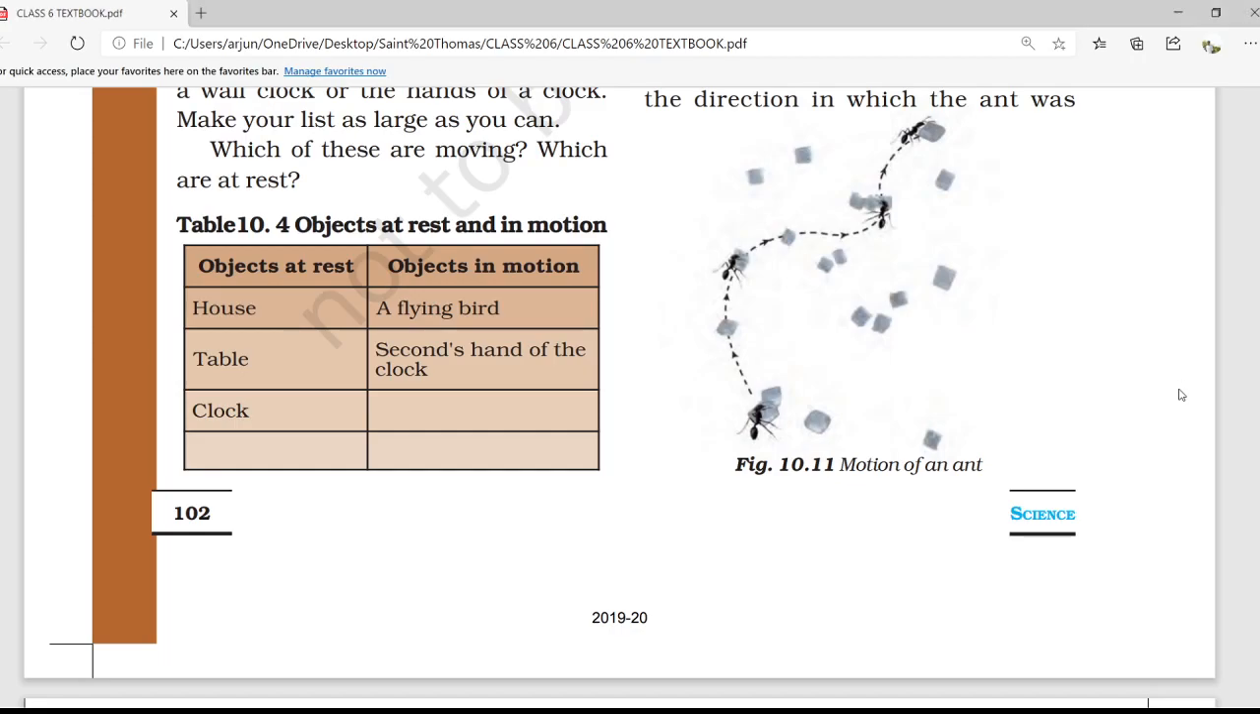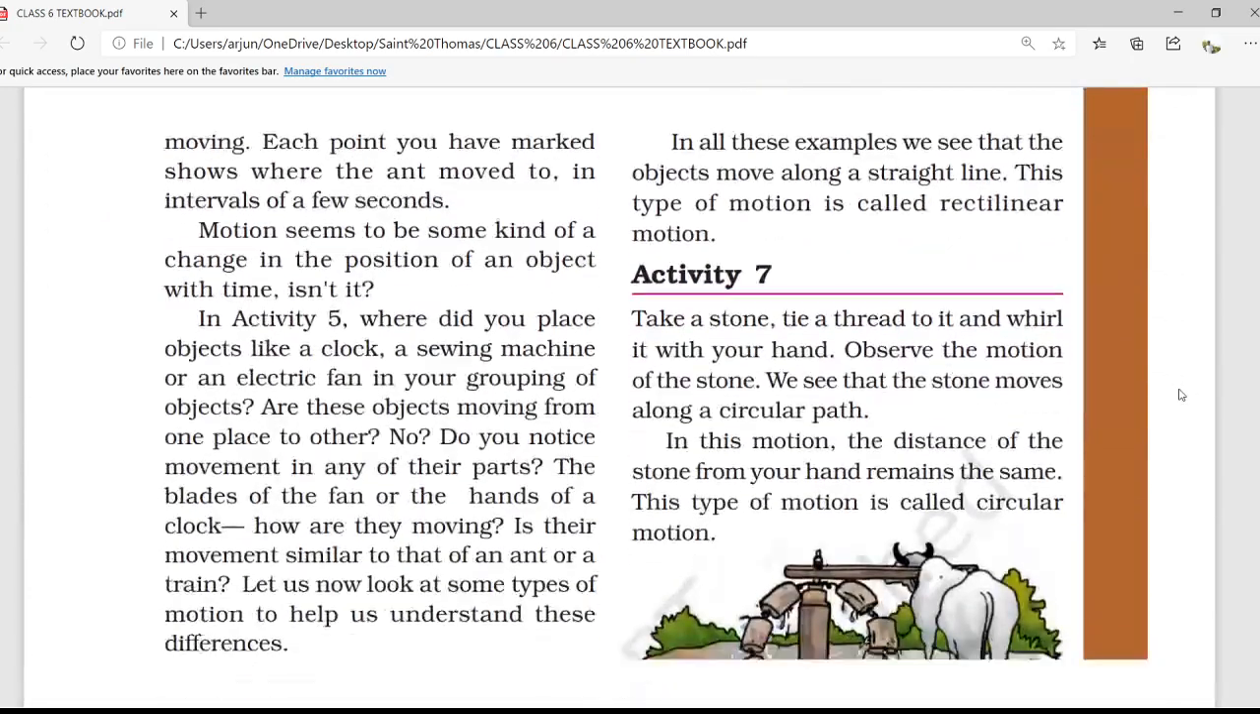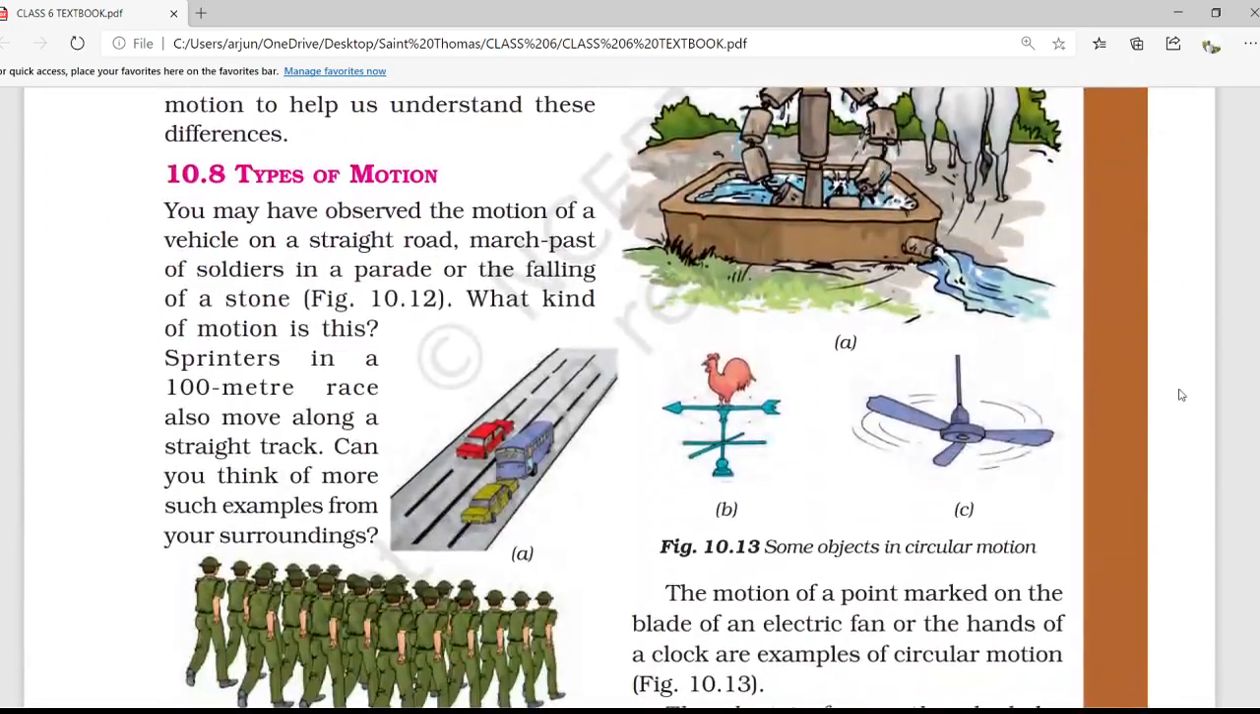In the last lecture, we completed the activity related to the motion of an ant. Now, moving further to topic 10.8. We concluded that there is one motion which is also divided into different types of motion. We have seen that the clock is at a still position, it does not move, but the second